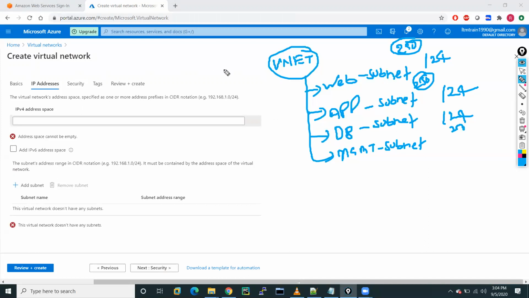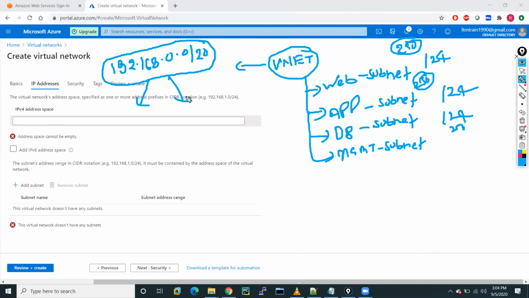Okay, so let's suppose in the VNet we give the address space in this range, 192.168.0.0/20. I usually use that range, but when you are working in production, you have to look at what free address space you have, what range is free and not being used in your on-premise network.